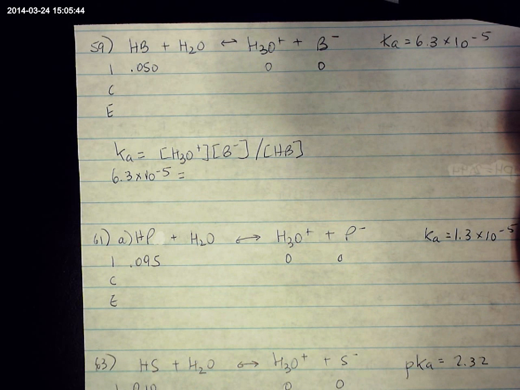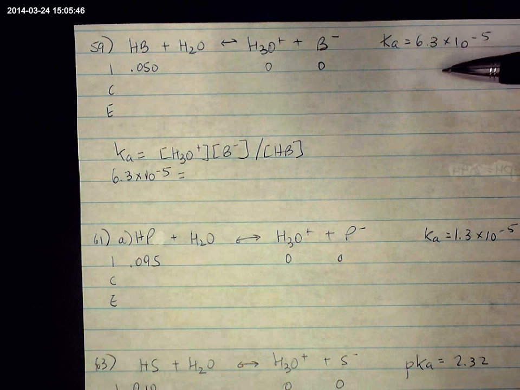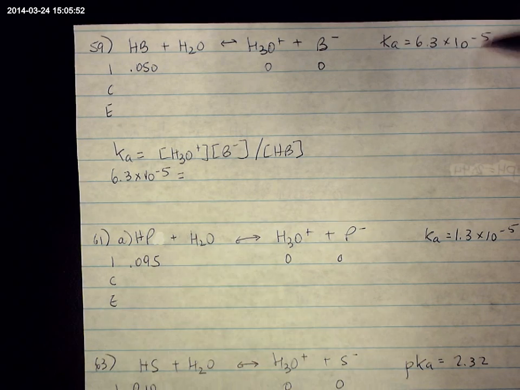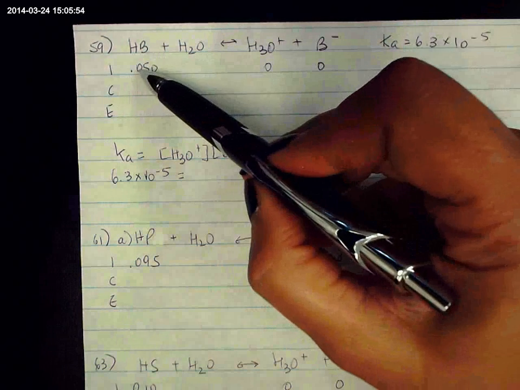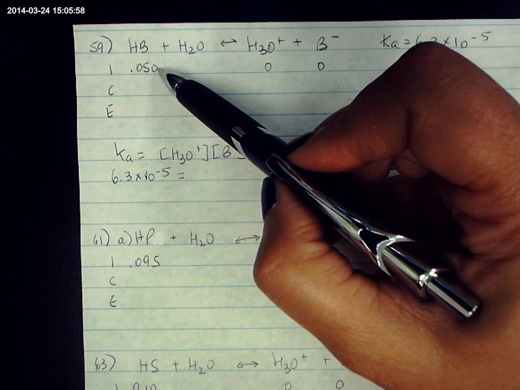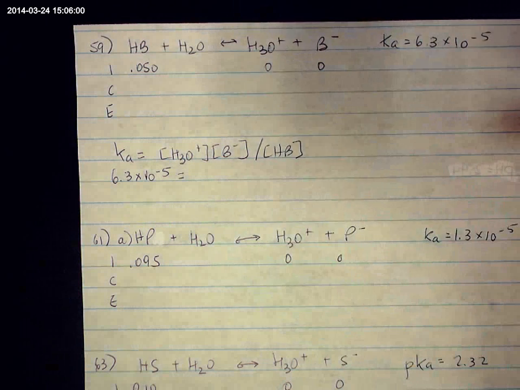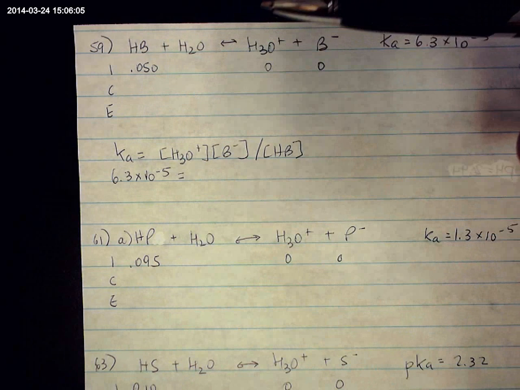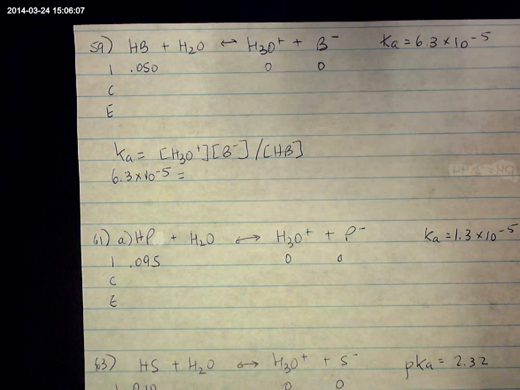They give me the dissociation constant in the problem. They tell me that the Ka is 6.3 times 10 to the negative fifth. They also tell me that my initial concentration of the benzoic acid is 0.050. They want the equilibrium concentrations of all of the ions present and of the undissociated acid at the end of this process. Okay, well,